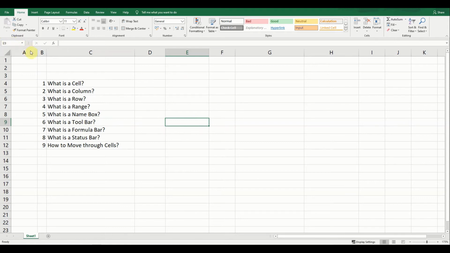And suppose if you type manually over here that I want to go to G15, just hit enter and the cell will automatically move to G15. So that is one of the benefits of name box. There are many more benefits but that will be explained later in my upcoming videos.